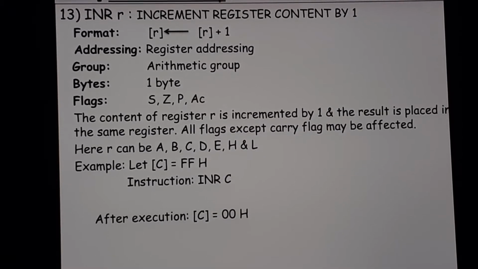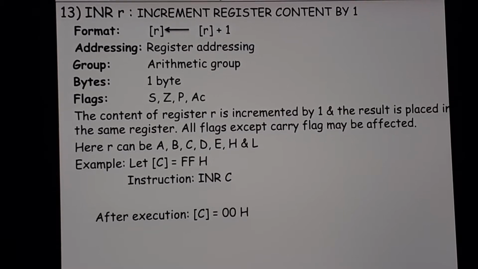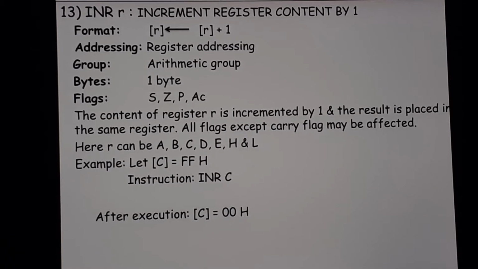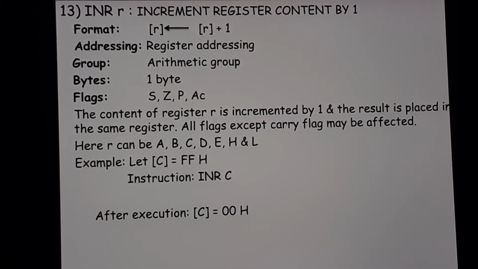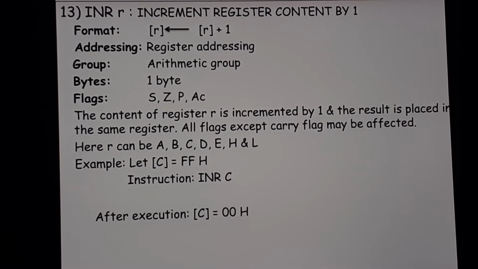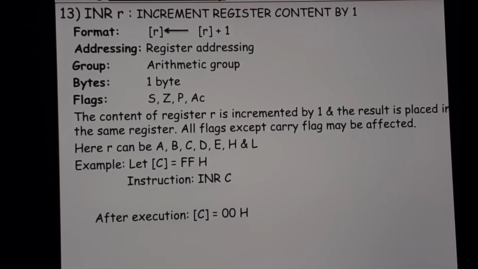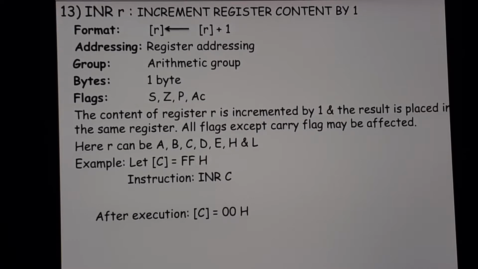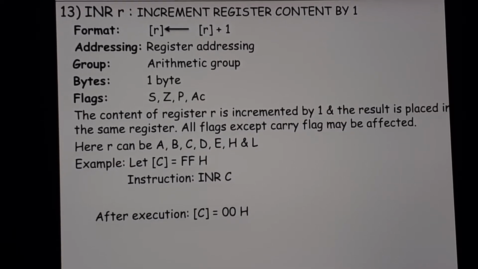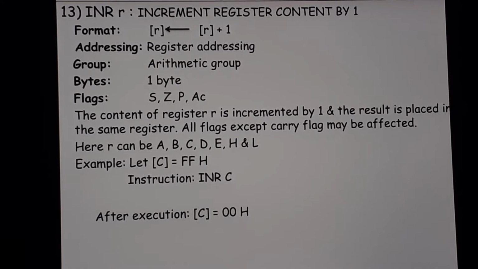We completed all addition and subtraction instructions. Now this is a completely new instruction, which is instruction number 13, INR, which stands for increment. Small r is nothing but register. So what happens here is increment the register content by 1. How did we increment in C, C++ or A++? For any variable we used to write in Turbo C as A++, which used to increment the content of the variable by 1. In the same way here, INR R is for incrementing the register content.